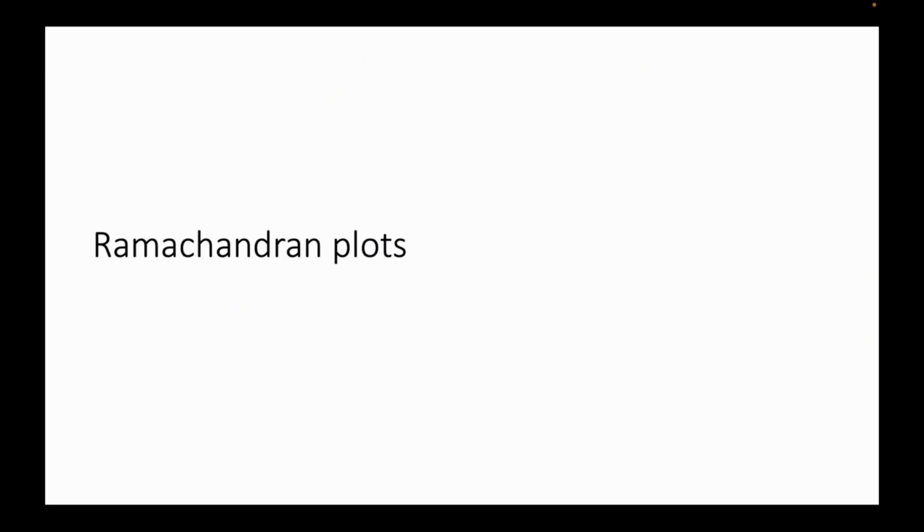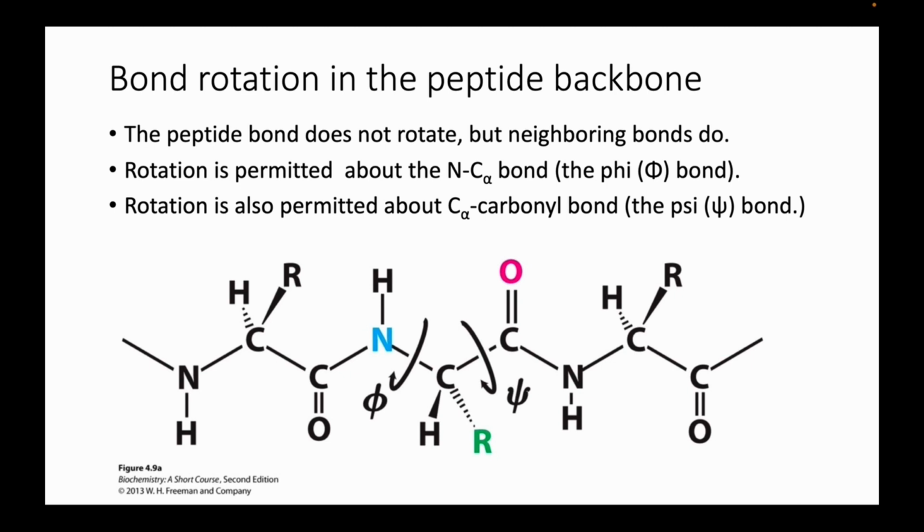Ramachandran plots are a useful tool for taking a snapshot of how a protein is folded. So let's break that down. We talked about the peptide bond, and we said that the peptide bond does not rotate, which is true. So here's our peptide bond. It does not rotate. However, the bonds on either side of it, here and here, are single bonds, and they